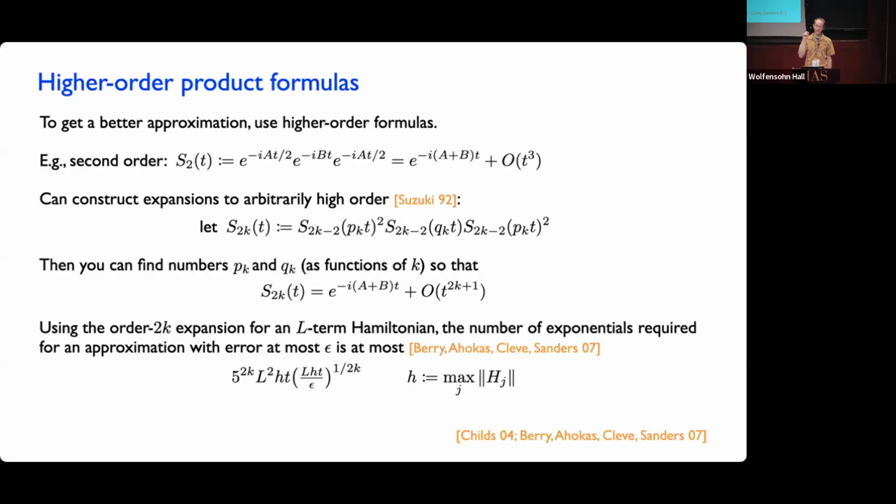So you can make things closer to linear in t. You can make the cost of the simulation closer to linear in the amount of time that you're evolving for, but at the cost of increasing the order of the formula. And there's this prefactor which grows exponentially with k. So you're not going to be able to take a really large k because then you're going to pay this exponentially large factor. If you want to get an algorithm that scales like t to the 1 plus delta, for a delta as small as you like, you can do that. You can give such an algorithm, but you're going to have to pay this factor, and so you're not going to be able to take delta to 0 very fast.